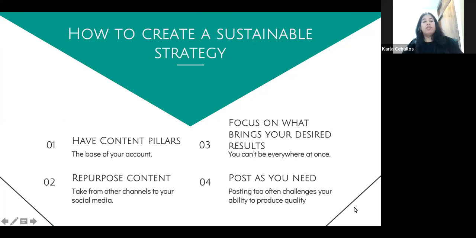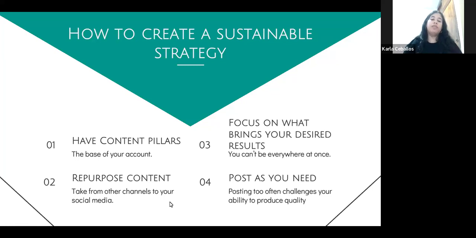Now, let's go to the strategy per se. Well, you need to create a sustainable strategy for your social media. You need to have content pillars, which is 3 or 4 subjects on which you're going to base all your content. Those pillars aren't randomly selected.